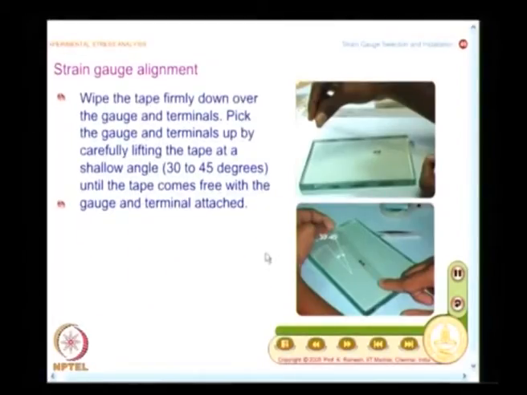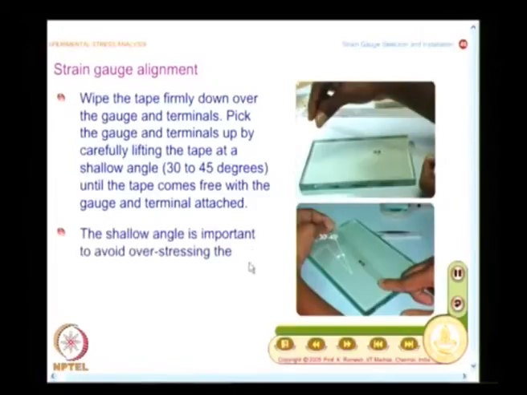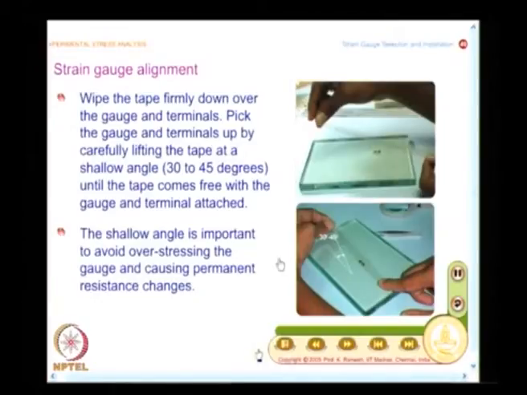What you do is, you put it and align it, and then only go for actual bonding. And this is emphasized, the shallow angle is important to avoid over stressing the gauge and causing permanent resistance changes.